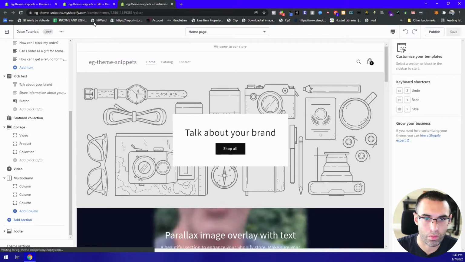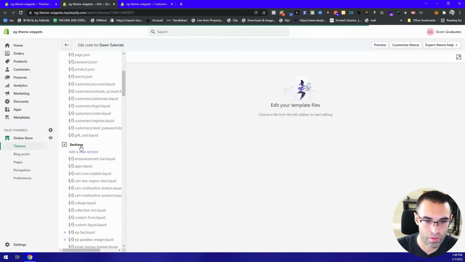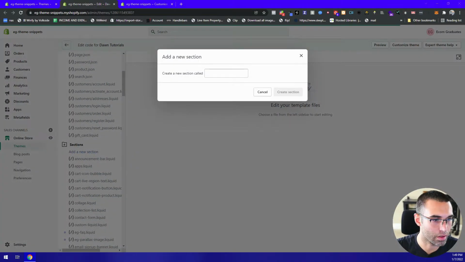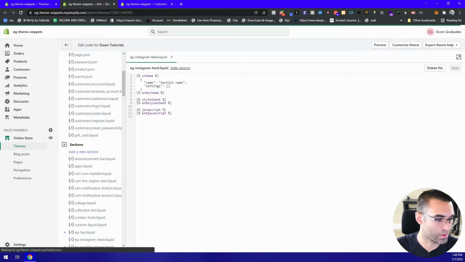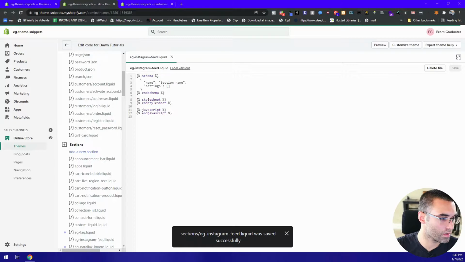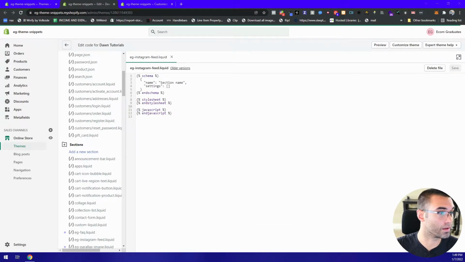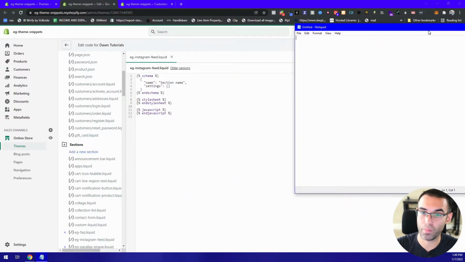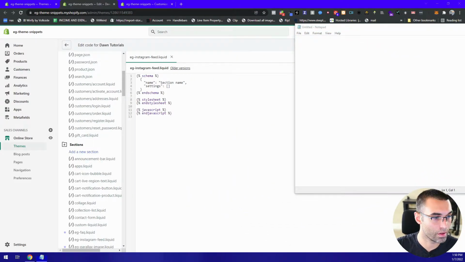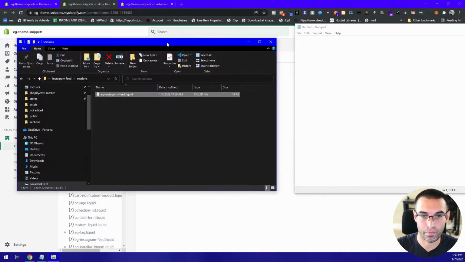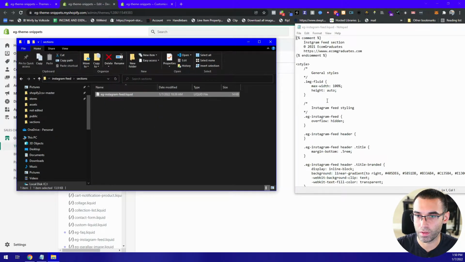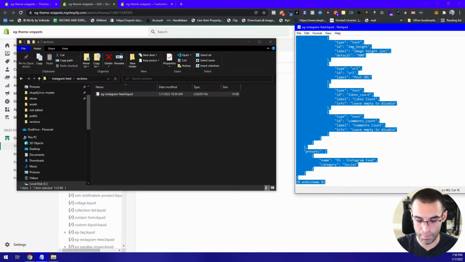All right. So what we want to do is go to sections, and we're going to call this eg-instagram-feed. Hit enter. Now you're going to want to get your text editor or code editor out. Like I always advise you, you should probably get a code editor like VS Code or Sublime, but Notepad will work for this. So you want to get your file. You see this file right here, and just drag it over. And what you want to do is copy this text,